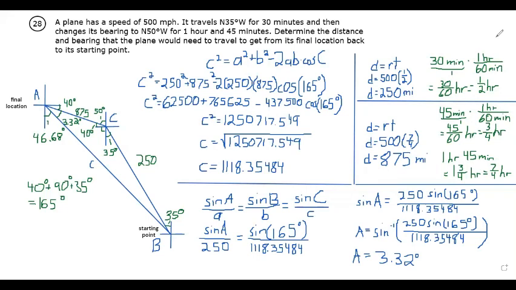Hello. For this video, we're going to investigate a problem involving distance, speed, and bearing. The problem reads, a plane has a speed of 500 miles per hour. It travels north 35 degrees west for 30 minutes and then changes its bearing to north 50 degrees west for 1 hour and 45 minutes. Determine the distance and bearing that the plane would need to travel to get from its final location back to